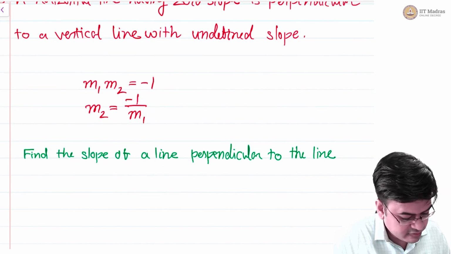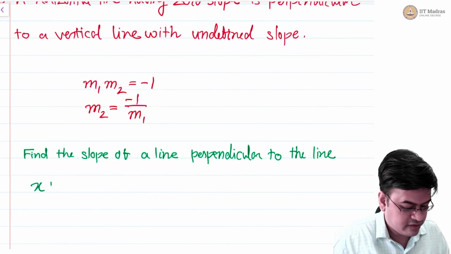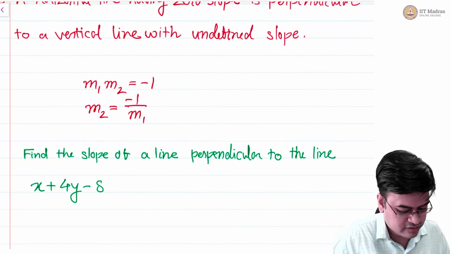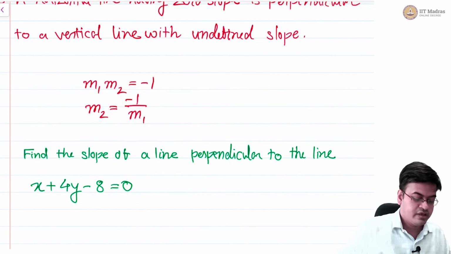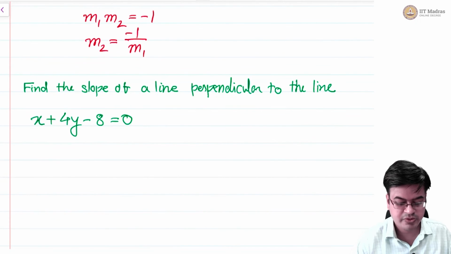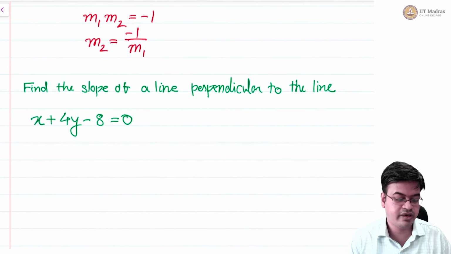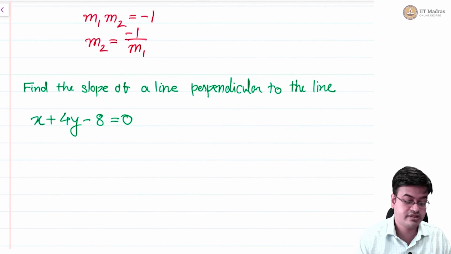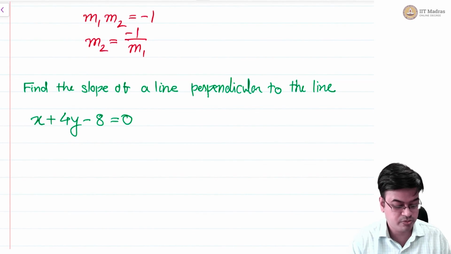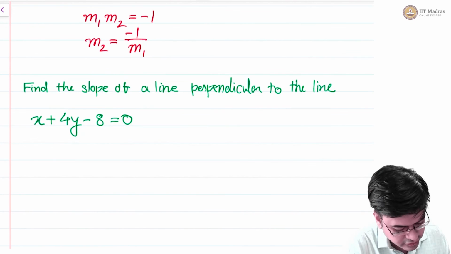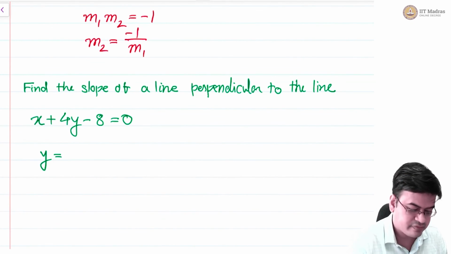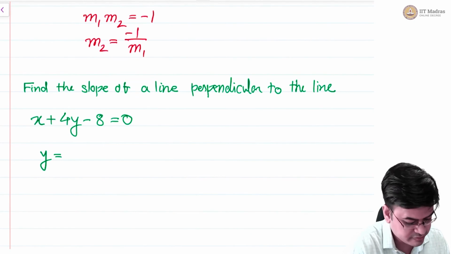Now I will juggle with general equation and slope intercept form so that we are more comfortable with it. So this is a question: find the slope of a line which is perpendicular to the line given by equation. This you should remember that this is a general equation of a line. It will not directly give you the slope of a line. So in order to find slope of a line, I will convert it into a regular equation, which is